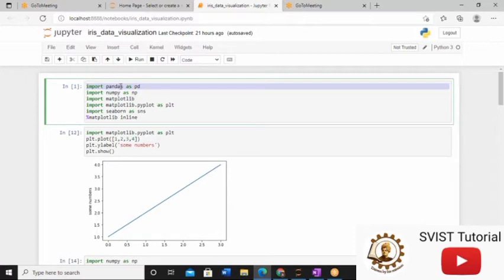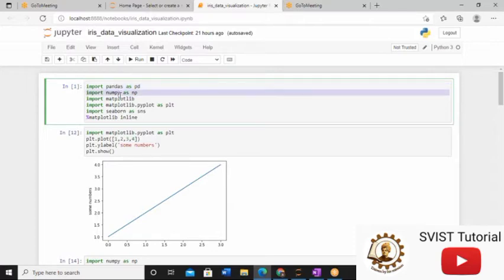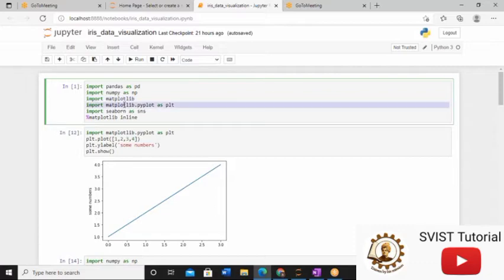What is pandas all about? What is NumPy all about? I have already created one video tutorial and discussed these two libraries in my first training session. But today I will start from matplotlib. If you see this, it is written import matplotlib.pyplot as plt. First you have to understand what this is all about.